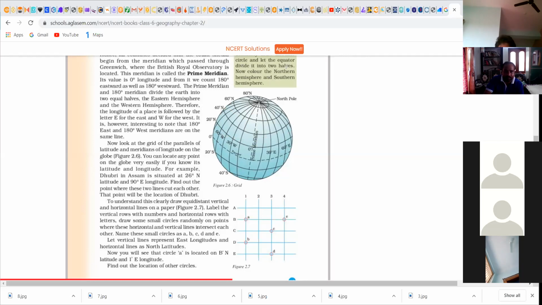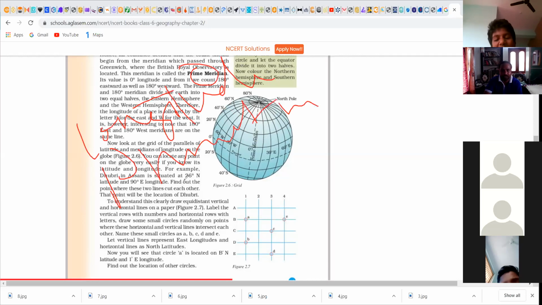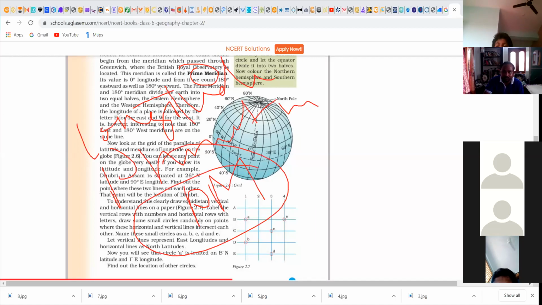And one more thing here is the prime meridians. Longitudes are also called prime meridians. Prime meridians mean, sometimes we call this PM and AM time. So mainly these longitudes are helpful for knowing the time. Time can be known by using these longitudes. That's why these longitudes are called meridians.